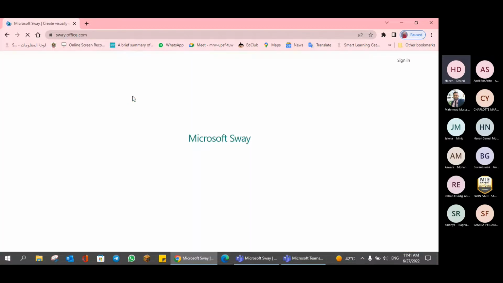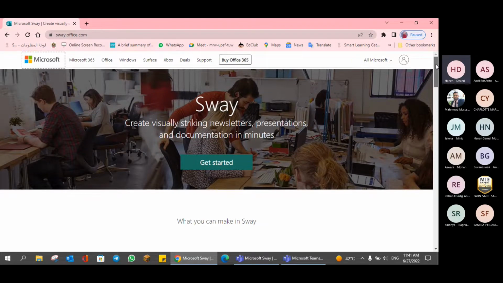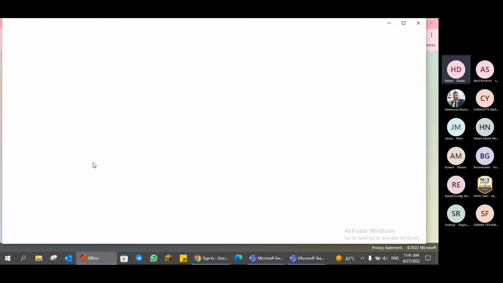For me, because I saved my login, it will take you to this page. This will help you log in if you are using a normal account. I repeat. So this one will allow you to log in if you are using a normal account, or even you can sign in with your Microsoft account here. However, for me, the second way is to log in here for